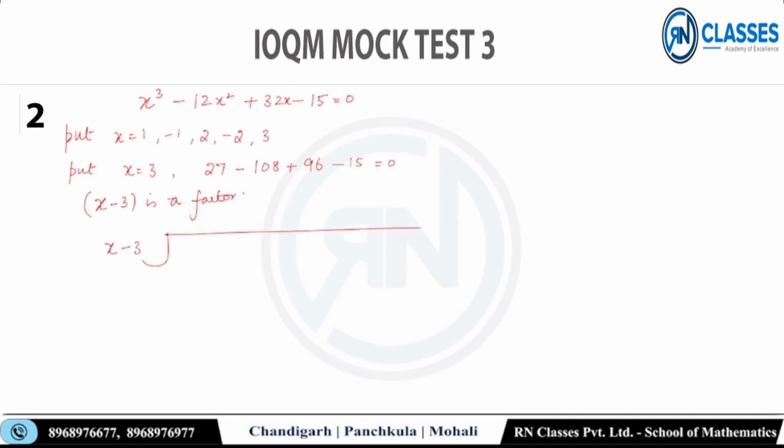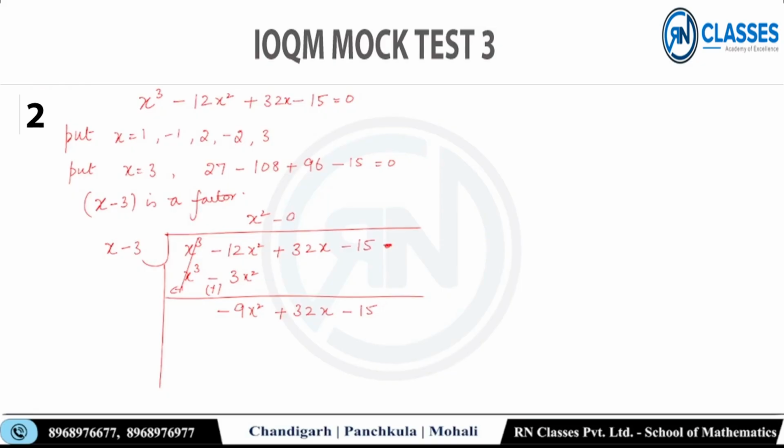x minus 3 से मैंने इसको divide किया, x cube minus 12x square plus 32x minus 15 equal to 0. क्यों आएगा, ये तो मैं सीधा factors निकाल रहा हूं ना, right. x को किससे multiply करूं, x square से multiply करूंगा, this will be x cube minus, अब 3 से करा 3x square, ठीक है, 3x square आ गया, ये गया, sign change हुआ, यहां पे आ गया -9x। यहां पे sign change नहीं होता है, ध्यान से कहीं गड़बड़ ना कर देना 11th वालों भाई, ध्यान से, ठीक है। सो x को फिर से किससे multiply करूं, -9 times x से, -9x², so minus into minus plus 27x,